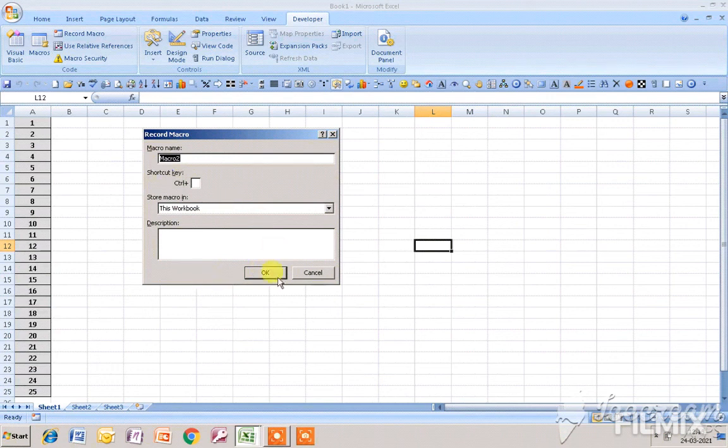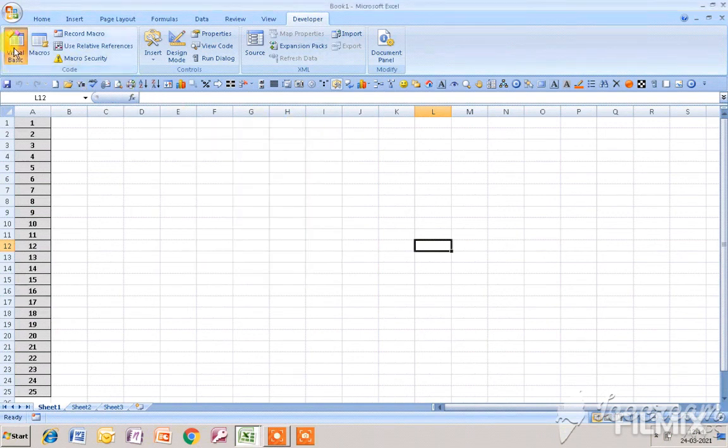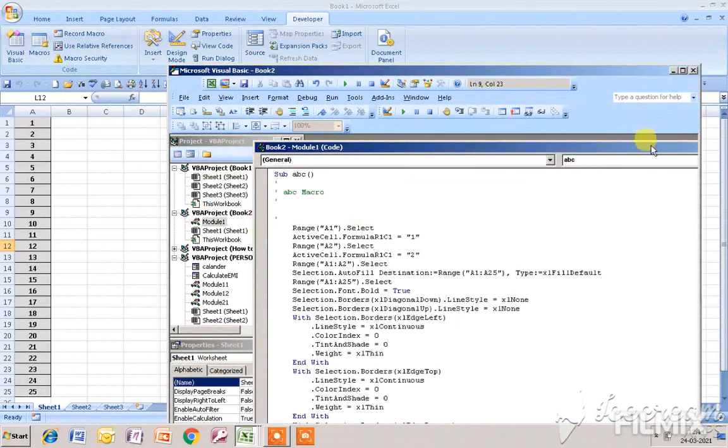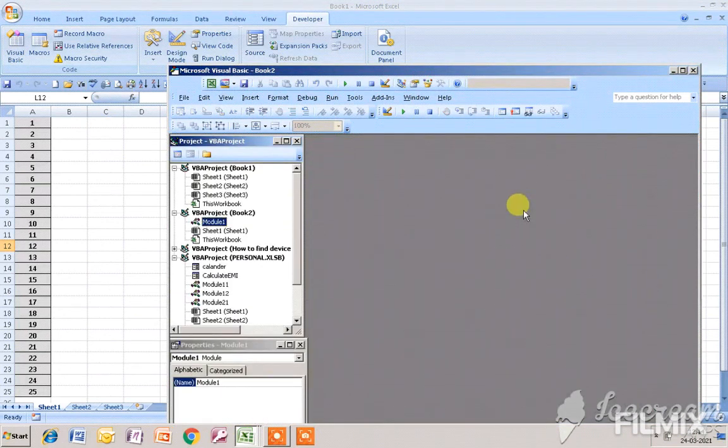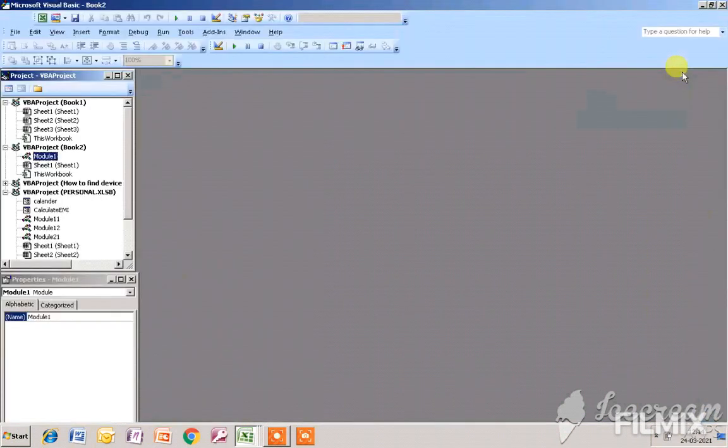If the macro is not recorded, the module will not be there. And the new workbook that is going to be added automatically, you will not find that workbook in the VBA project window. This will happen if you do not click OK. If you click OK, you will find a module in the VBA project window, and you will find the workbook that will be added automatically, book 2.